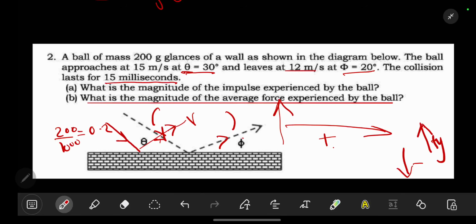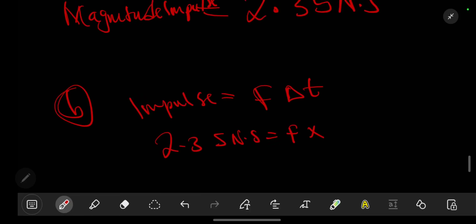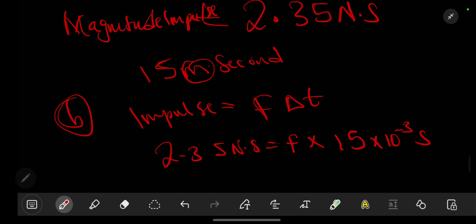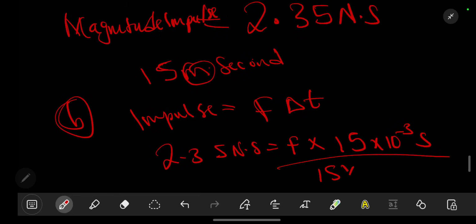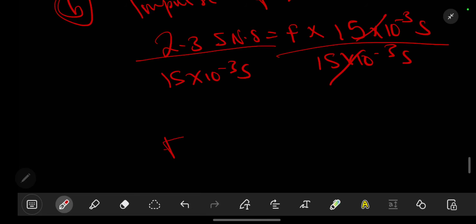15 milliseconds. Milli is 10 to the power negative 3. Never forget that. Never forget your prefixes. So we have 15. We are told that it's millisecond, but where there is milli, we are going to put times 10 to the power negative 3. So 15 milliseconds, milli is 10 to the power negative 3. Never forget that. So we have the seconds there. We divide this by 15 times 10 to the power negative 3 seconds. The force will be equal to 2.35